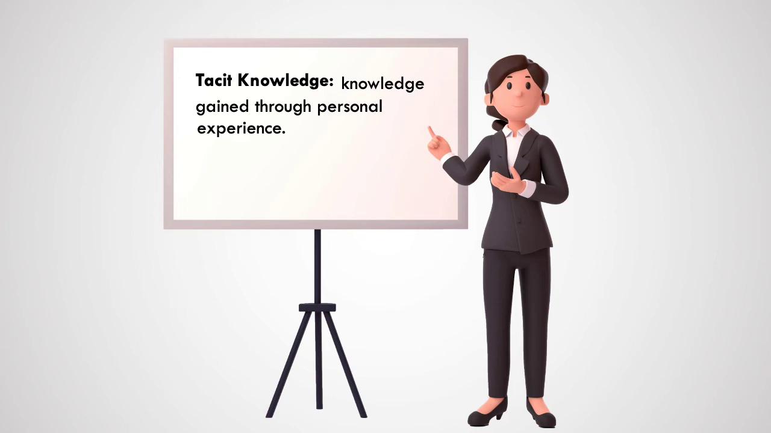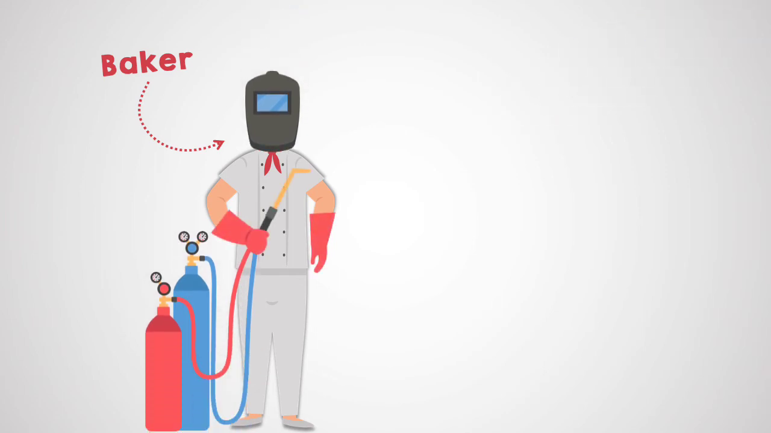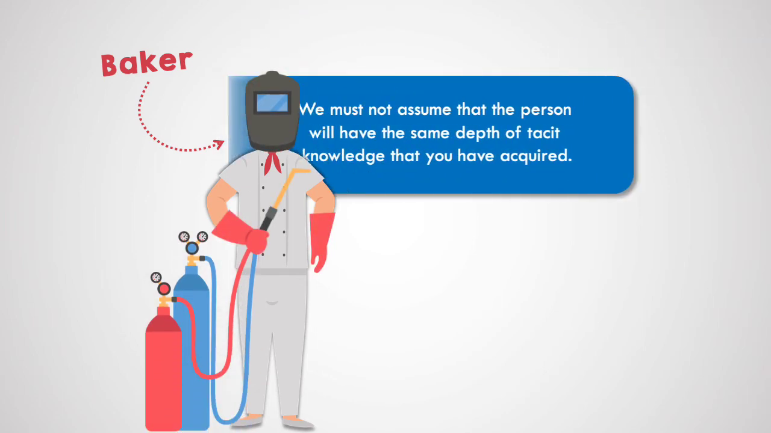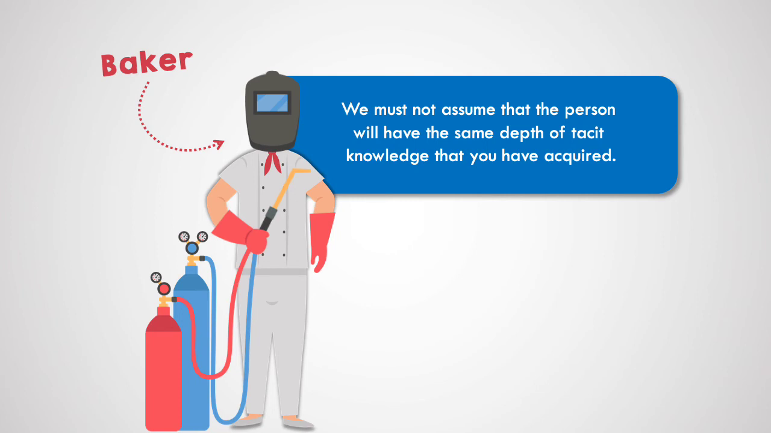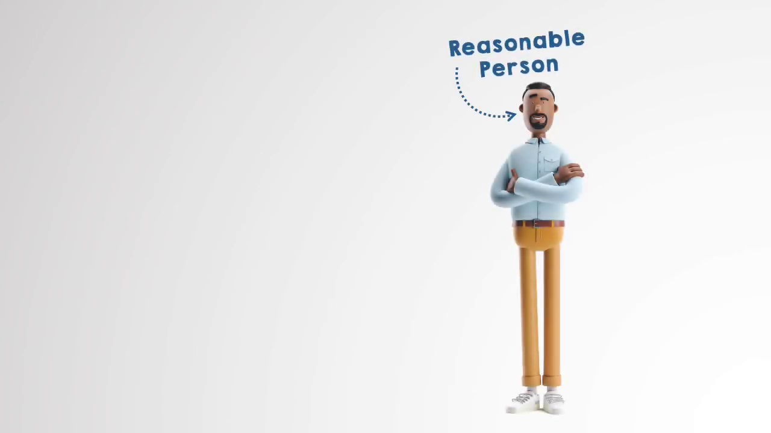The second term is that of reasonable person. When authoring requirements, we must use our engineering judgment when assuming the experience level of the person responsible for actually executing the requirements. Whilst we do not assume that a baker will be welding piping on our projects, we also must not assume that the person will have the same depth of tacit knowledge that you and I have acquired. We need to picture a reasonable person and, where necessary, make tacit knowledge explicit by providing suitable definitions for the